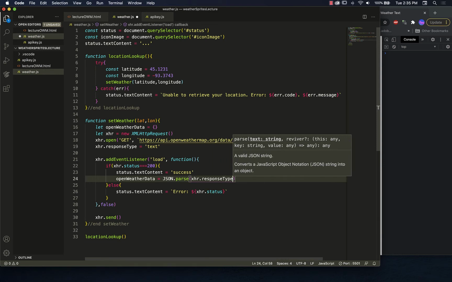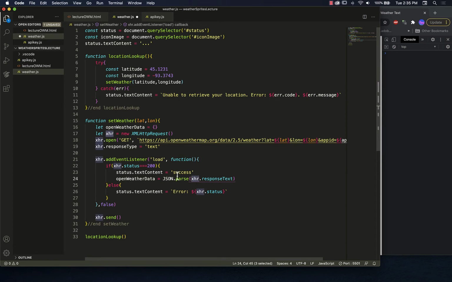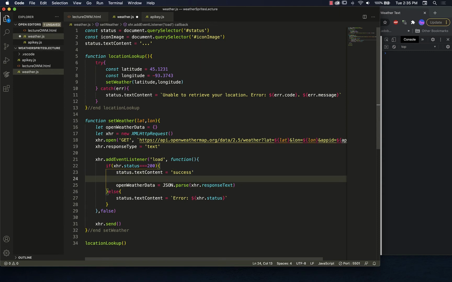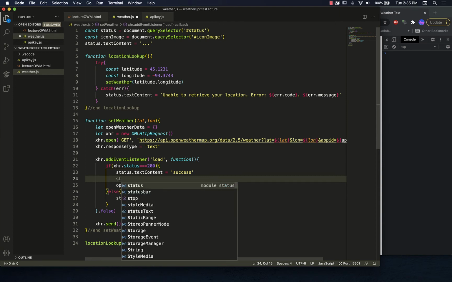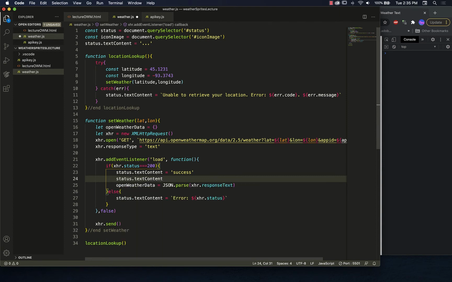Let's find out, is that the, no, not type, text. We want the text that comes back. So if we remember, our response type is text. So we're going to take that text that came back with the XHR request. We're going to parse it into JSON. If we don't parse it into JSON, if we want to remember or see what it looks like, what I could do is here, let's go status text content is equal to,